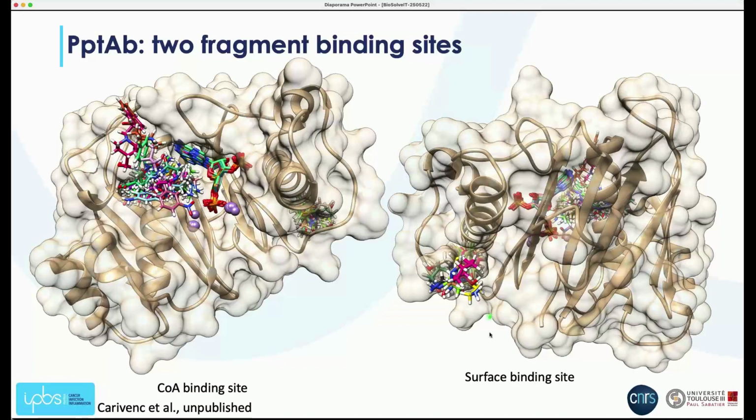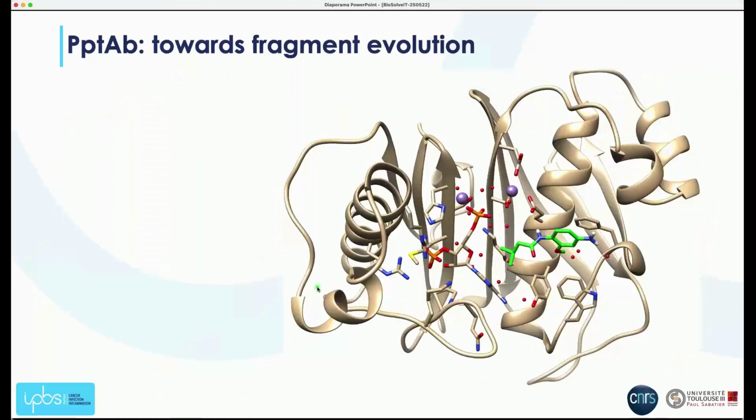It's not that interesting because it's a surface binding site, and it's a binding site which is at the interface between 2 neighboring proteins in the crystal. So it's very likely to not exist in solution. So I will only focus on the substrate or the coenzyme binding site. So the next step is trying to optimize these fragments in order to have compounds which hopefully will display some activity in the enzymatic test at first, and later on